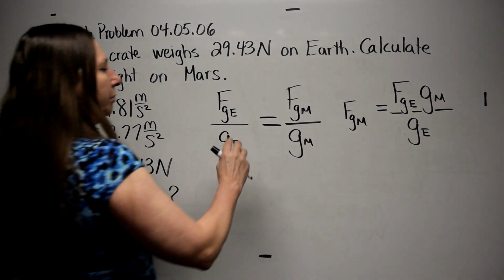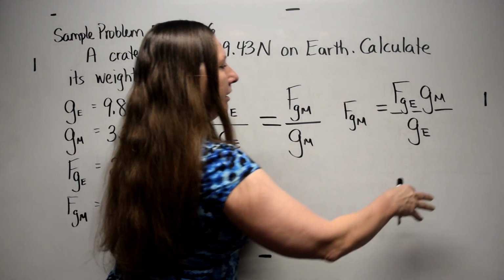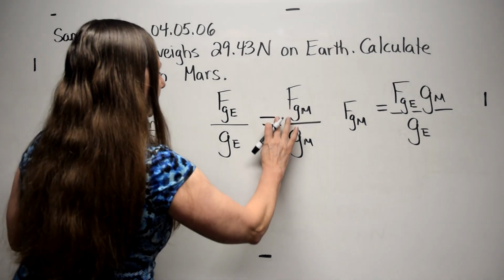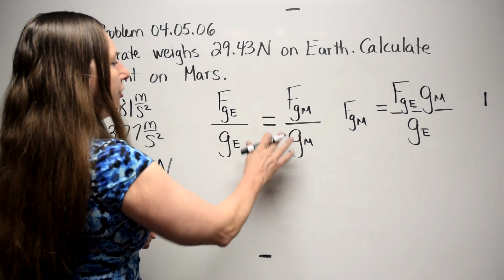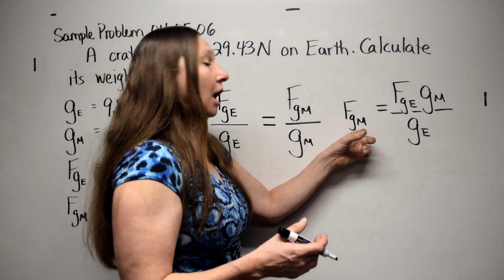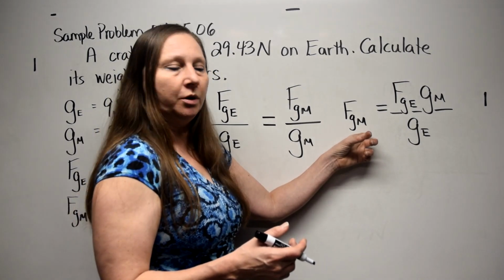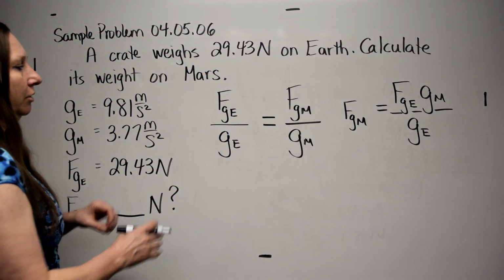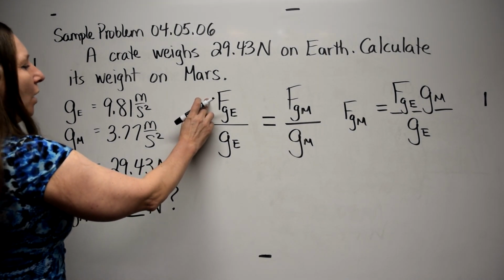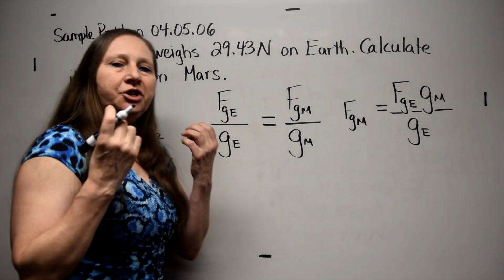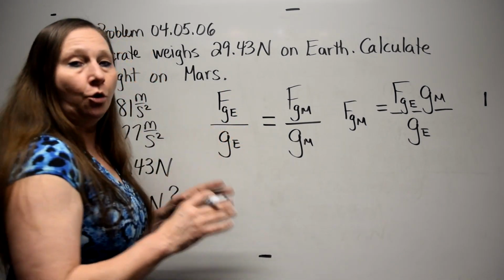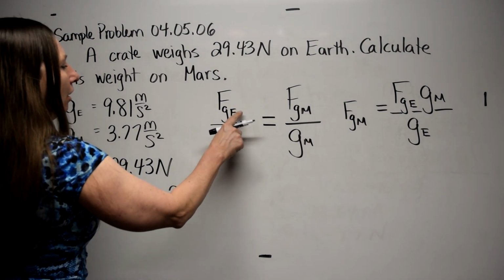All right, so you could plug in here or you could plug in there. Either way, you're going to get FGM. So let's plug in. Like I said, this is a nice ratio. I tend to get very anal about this, and I want to solve for exactly what I'm looking for, which is this one. But this is such a nice ratio. We'll use this version of the equation. All right, the weight on Earth, and you really want to say out loud to yourself what it is that you're plugging in so that you don't make mistakes. All right, the weight on Earth,